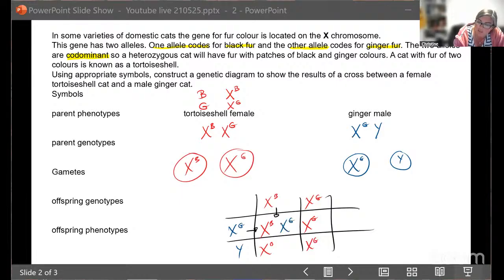I then bring in XG, XG. I've now got my Y here and my Y there. So therefore, and be careful, that looked like I'd done an X there. I've got a Y. I have that these two are going to produce male cats, whereas these two are going to produce female. And then I need to look at, right, well, I've got a tortoiseshell